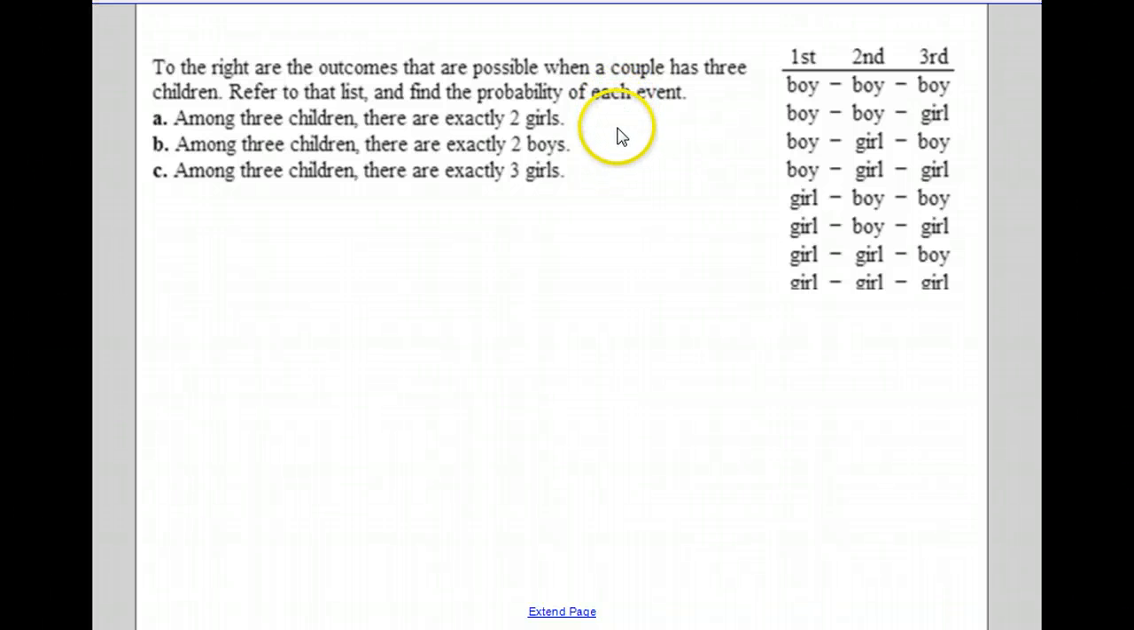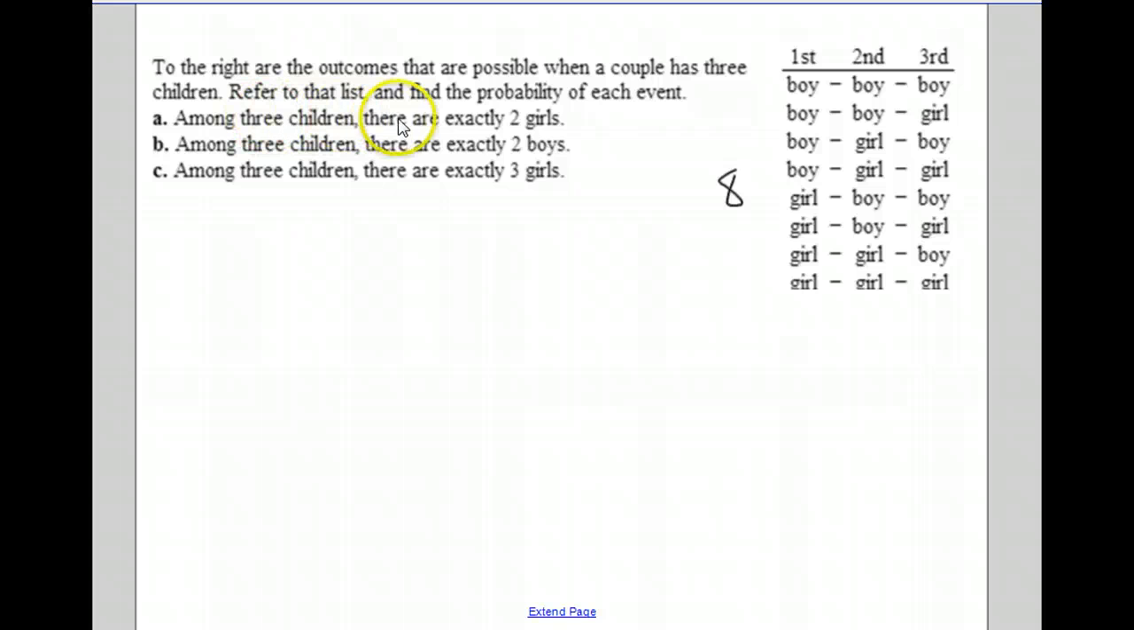So this is like before they've had their kids. These are all the different things that could happen if they do happen to have 3 kids. So all boys, all the way down to all girls, with every combination in between. Alright, so it wants us to use this list. There are 8 total outcomes here. So of these 8 total outcomes, the idea is how many of them are